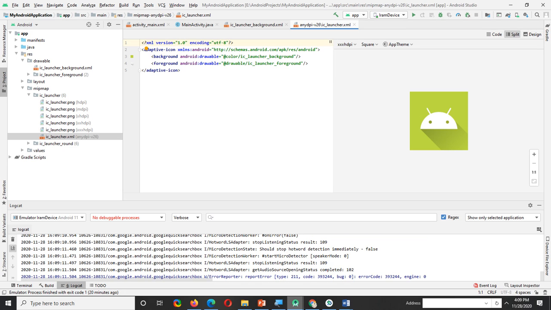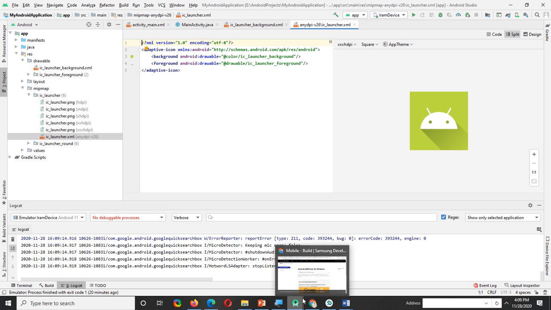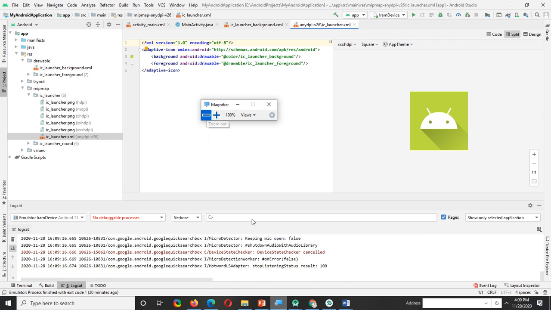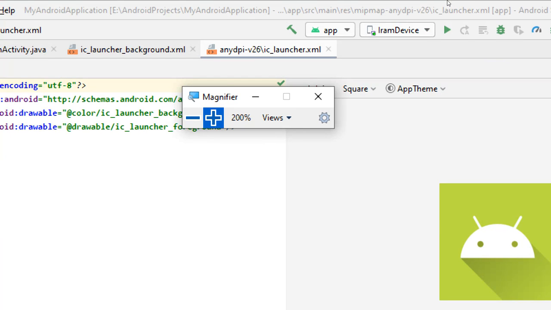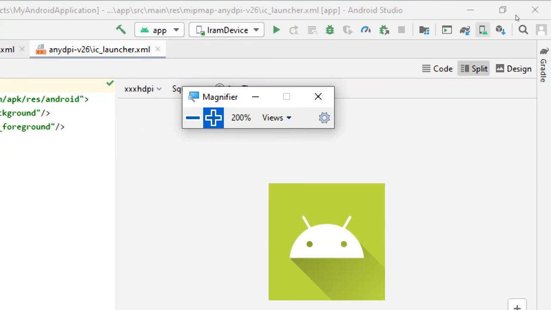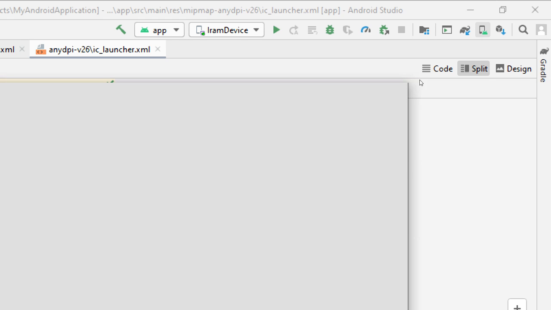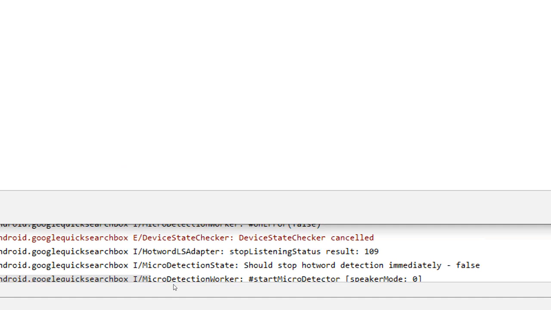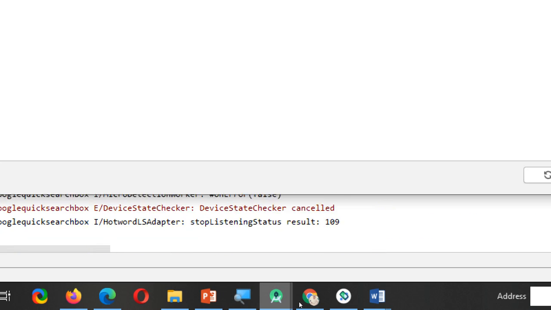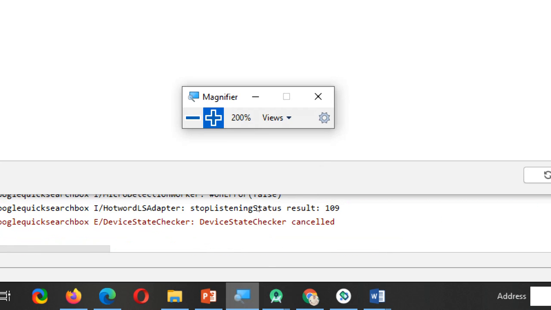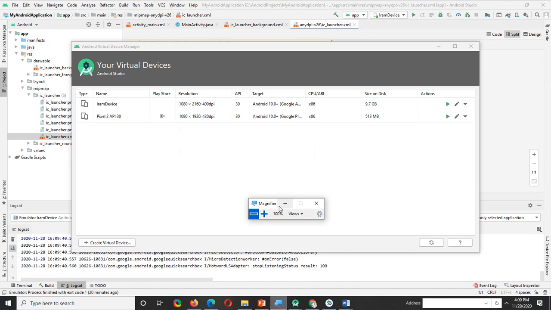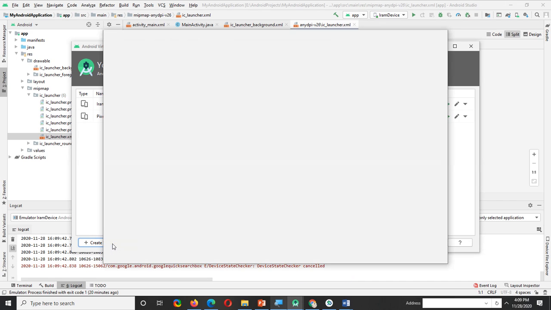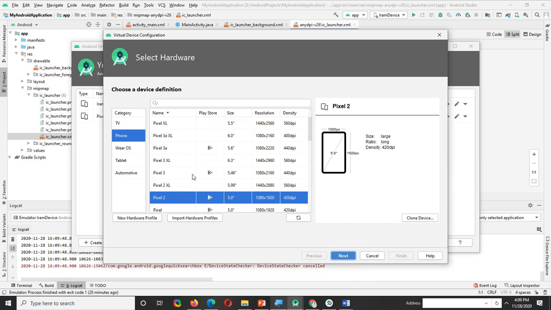But from where you can run your phone? In the toolbar window, you all have the AVD Manager here. Here you have the AVD Manager icon. Click on that AVD Manager icon and create your virtual device. If you have already created one, just skip that step, but if not, you just go to the AVD Manager and it will open a screen. Just create a virtual device, select plus virtual device, select any phone